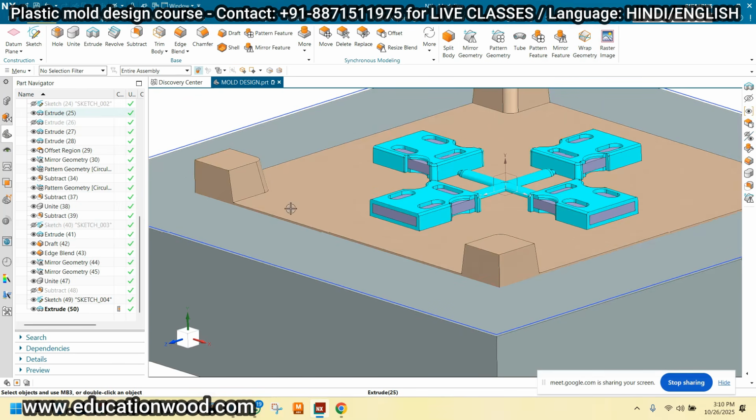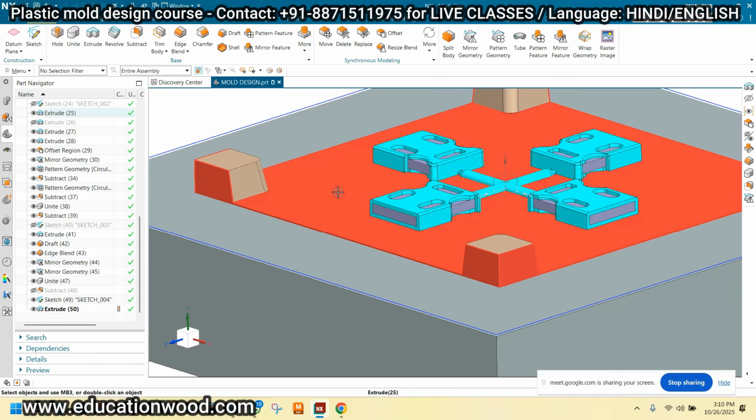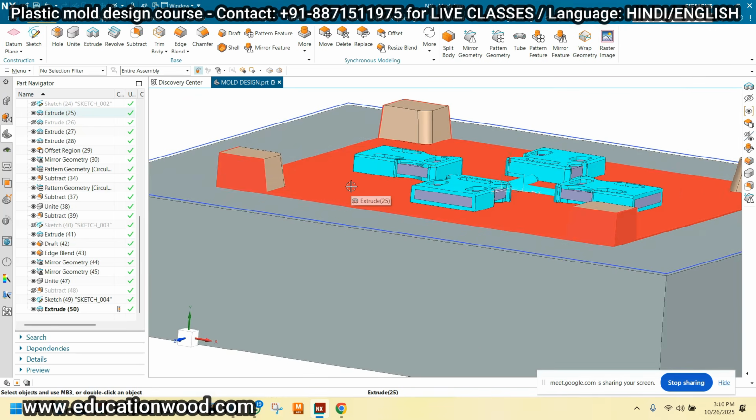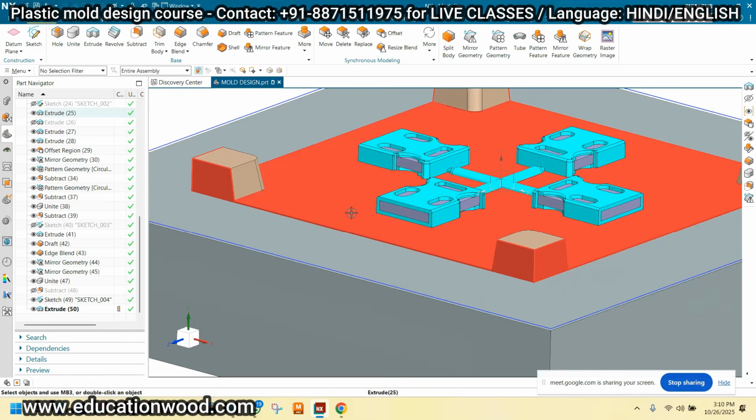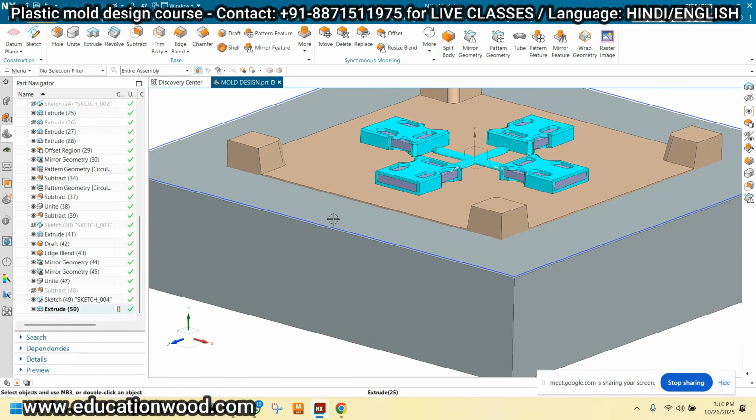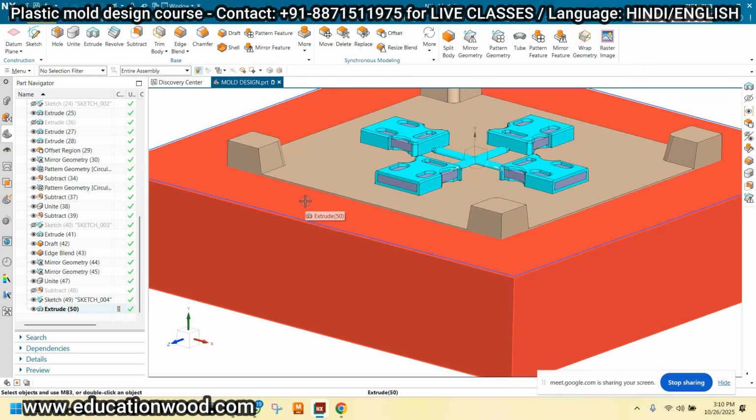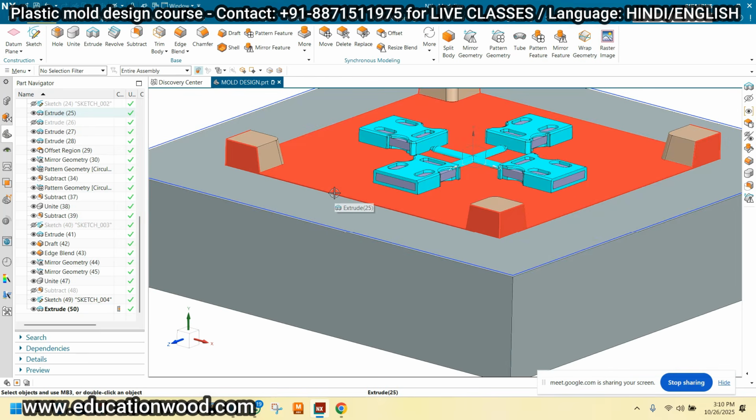Because this surface should meet with the other surface of the cavity, right? So both the core and cavity should meet each other in a proper way. So there is no matter of this surface here. That's why there is a distance between both surfaces, right?